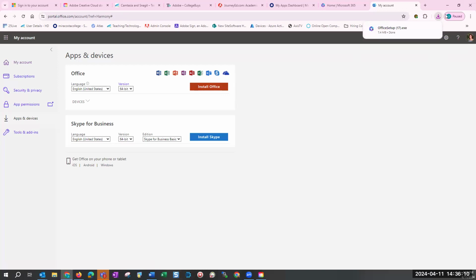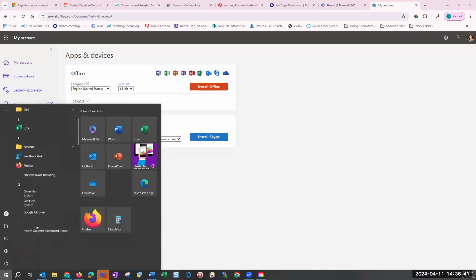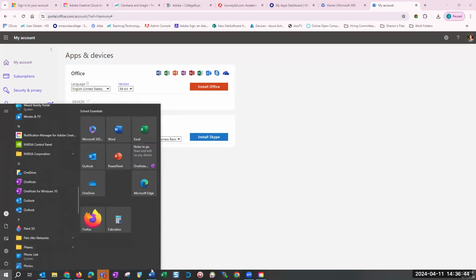Depending on the browser you use, or if you have a Mac or a PC, the install is going to come right here. You just click on this and it's going to start that install. It's going to automatically detect what operating system you have, what type of computer it is, all of that stuff, so you really don't need to worry about that. Once it gets installed, let me pull this up.